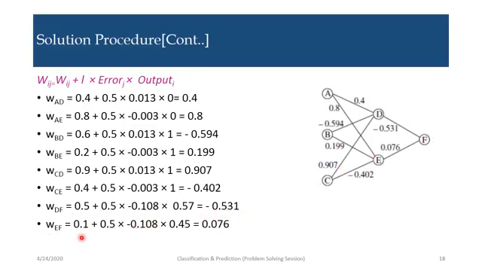The WEF. Here this connection we are adjusting. 0.1 is the earlier weight, 0.5 is the learning rate, minus 0.108 is the error at F and 0.45 is the output of E. So, we are computing the new weight as 0.076. So, this is the formula based upon which we have adjusted all the connection weights. These are the new adjusted weights.